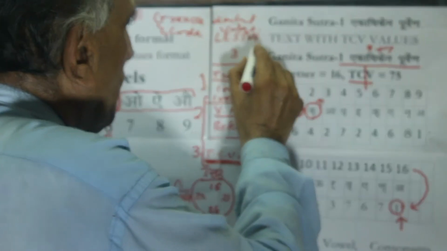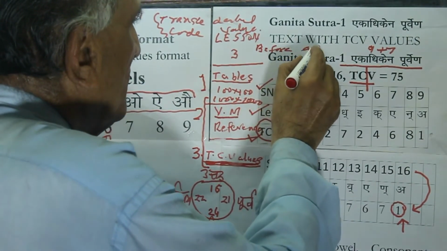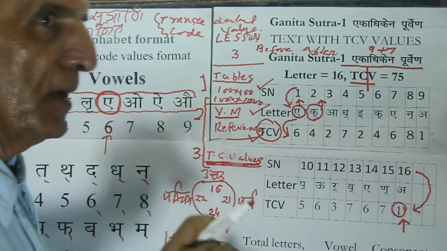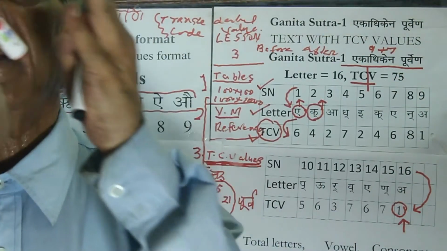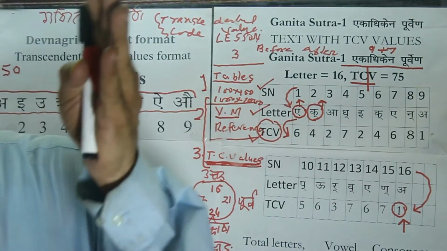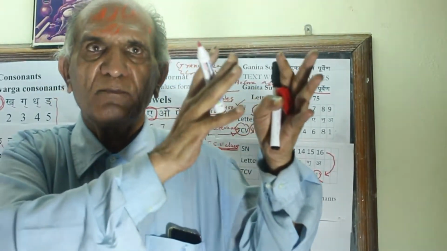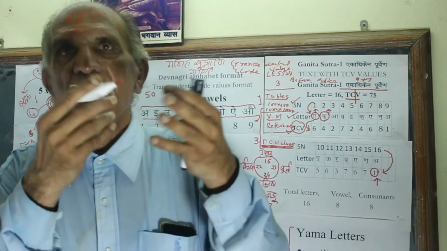This before and after is the concept which is inherent in this particular formulation. Before and after, one more than the previous one. So one more than the previous one, concept of before and after, concept of reversal of an orientation,